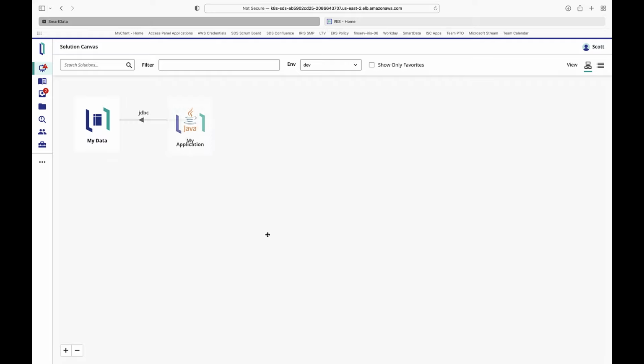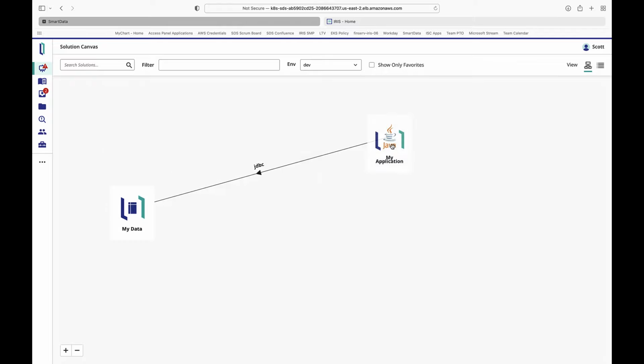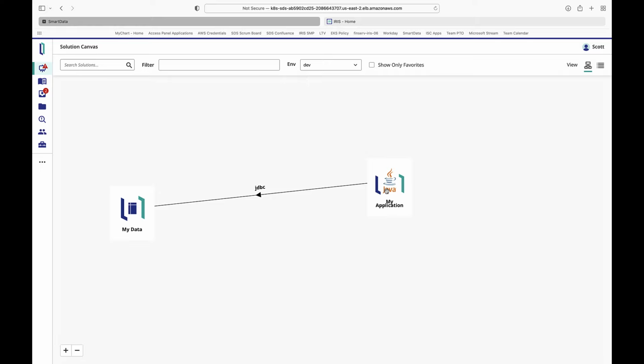And so as you can see, we have our application, it's being deployed, and you can see a line that is now connecting that Java application to our IRIS box. You can move things around, and the idea here is that this application has a dependency to a service that offers a JDBC endpoint.